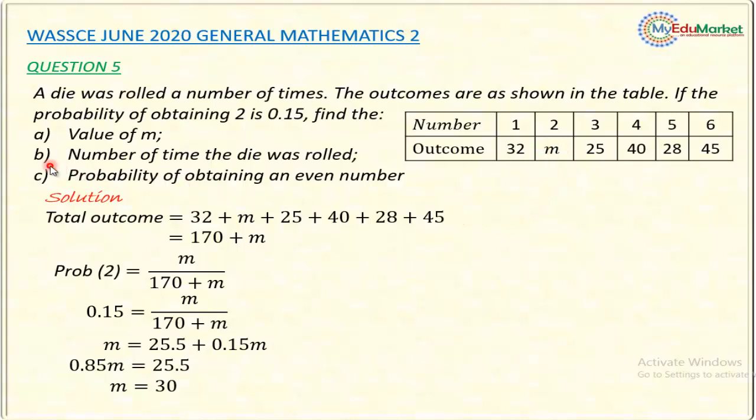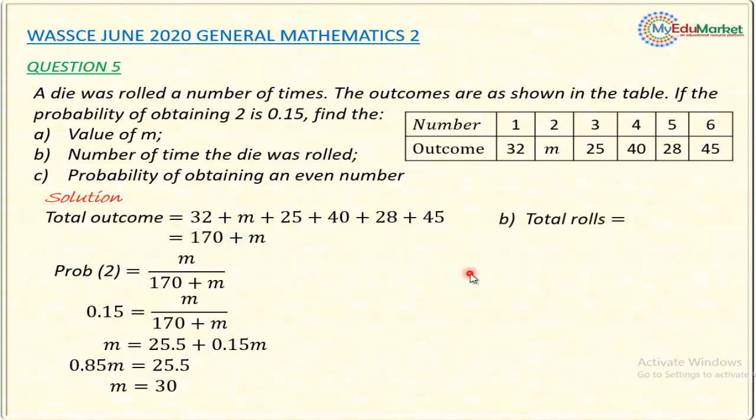So let me move to question number B. Question B says we are to find the number of times the die was rolled. That means the die was rolled a total number of times 170 plus m, but m is now 30, so I'm going to substitute this to get the total number